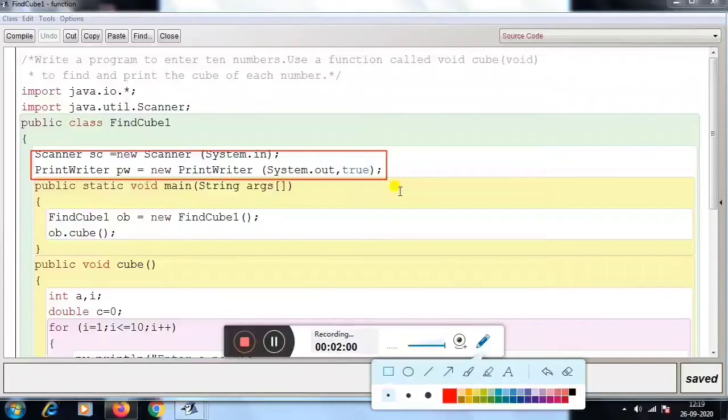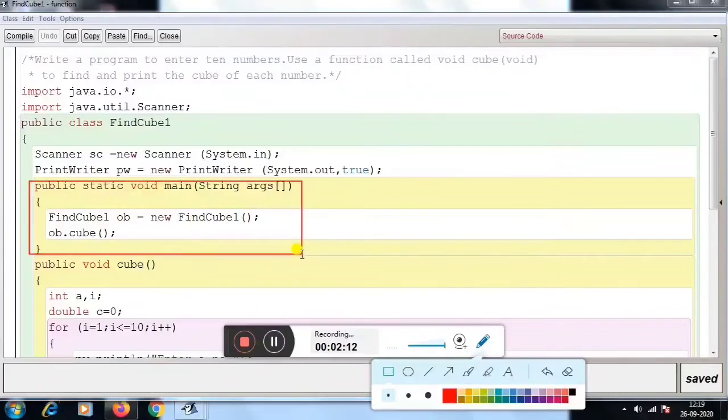Because if you create any object under the main function, then that object cannot be used outside of the main function.